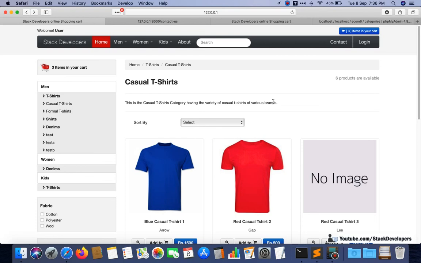So from the next video we can move to the detail page. From the next video we will learn how the detail page will work. We will embed the detail page design, and we'll create its route function. And we'll check what things we will show in the product detail page. So stay tuned for the next video.